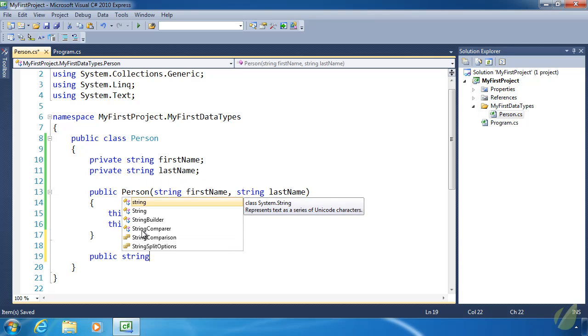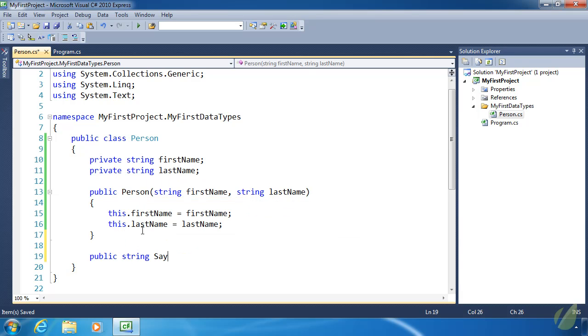So the return type is going to be string. And then the name of our method, and the naming for any public member needs to follow the Pascal casing that we talked about. And then we need a name to say hello to. And then anything that we put inside of this code block is going to execute whenever we call